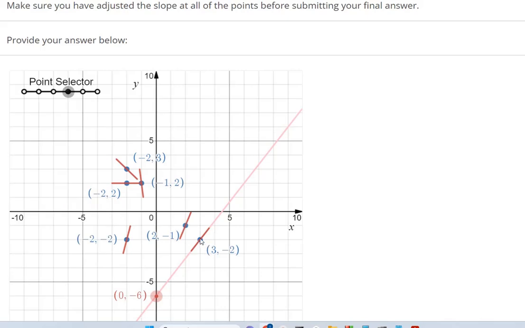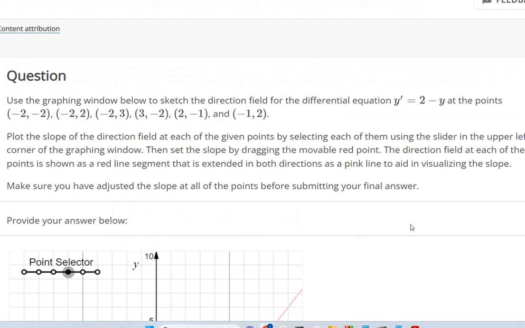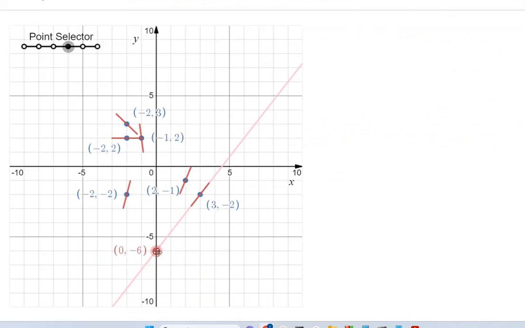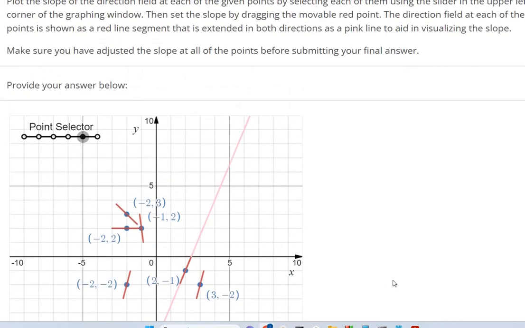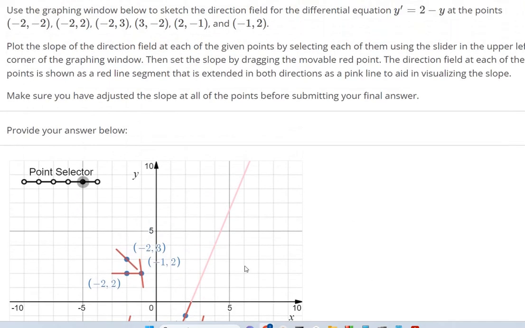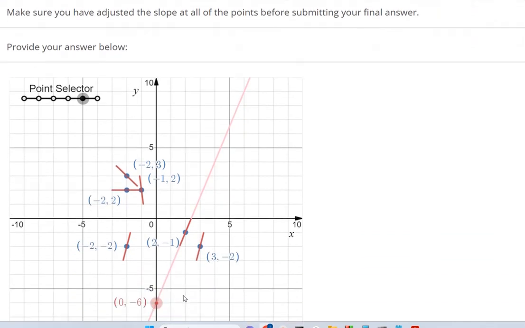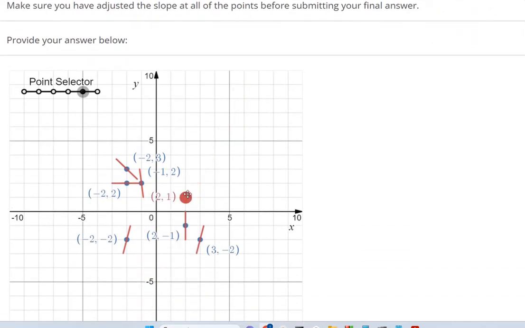Okay, so now it's telling me 3 comma -2. If I plug in 3 for x, -2 for y, I should get out 4 for the slope. So up 1, 2, 3, 4 to the right 1. And the next one, this is 2 comma -1. So 2 minus -1 makes 3. So you go up 1, 2, 3 to the right 1. And then last one,